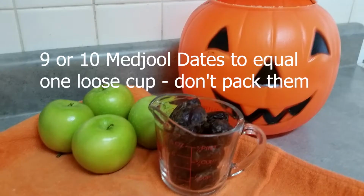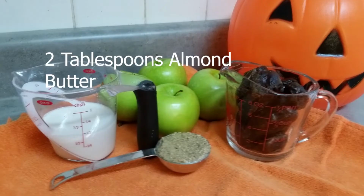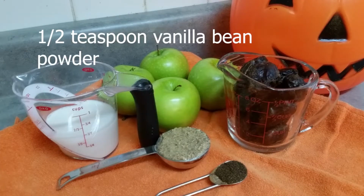You'll need 4 Granny Smith apples, 9 or 10 Medjool dates to equal 1 loose cup, a half a cup of almond milk, 2 tablespoons almond butter, 1/2 teaspoon vanilla bean powder,